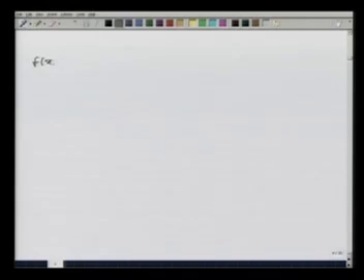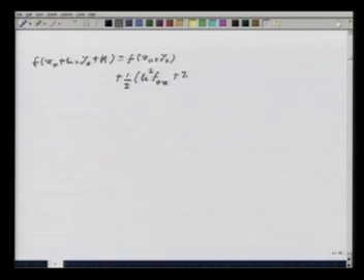That would give me that f of x naught plus h, y naught plus k is equal to f of x naught y naught plus half h square fxx plus twice hk fxy plus k square fyy at a point C, where C is the point